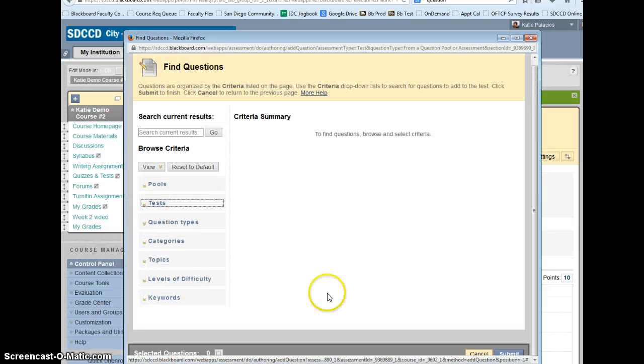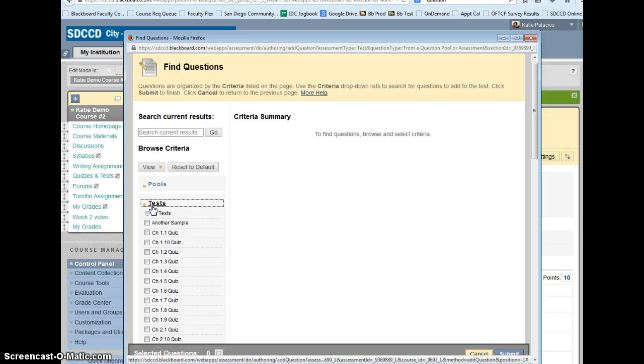So hopefully that helps. Certainly I can look more closely at your particular course. If you send me your CRN, I can do that. My warning is that if you have questions in tests that only live in tests, so they're not also in pools, be careful with deleting a question from a test, because any question that's,